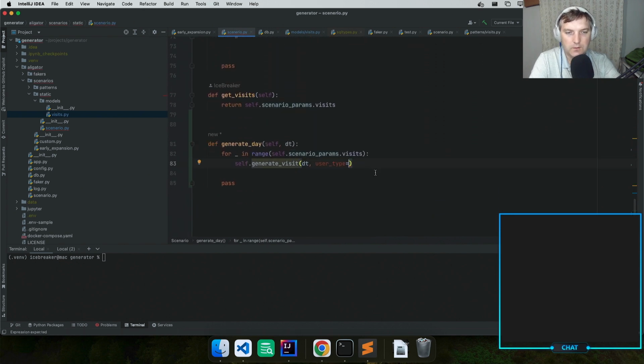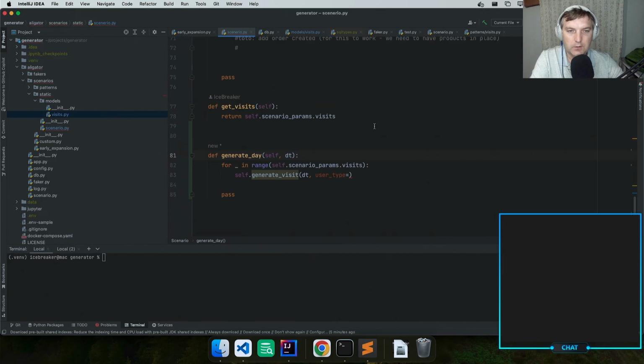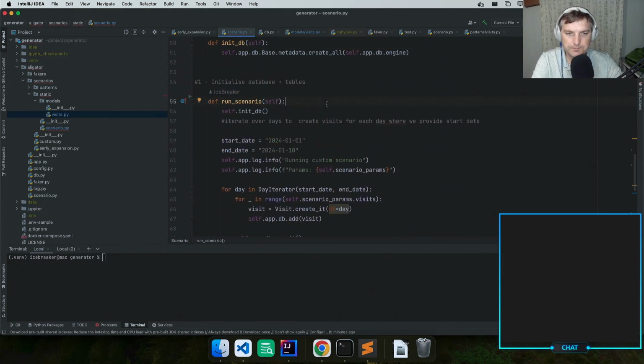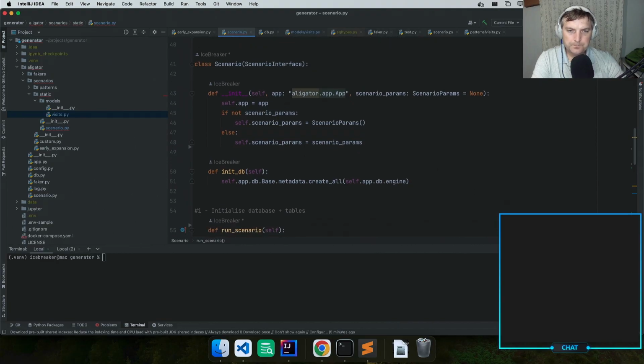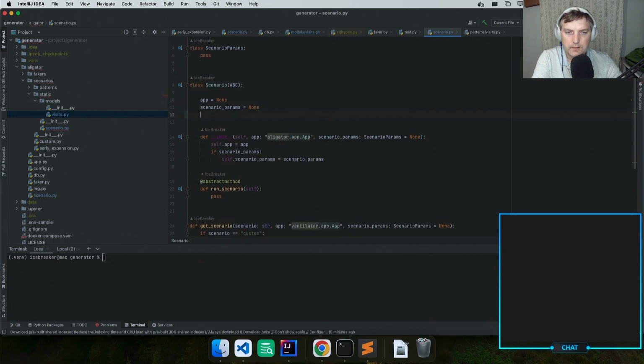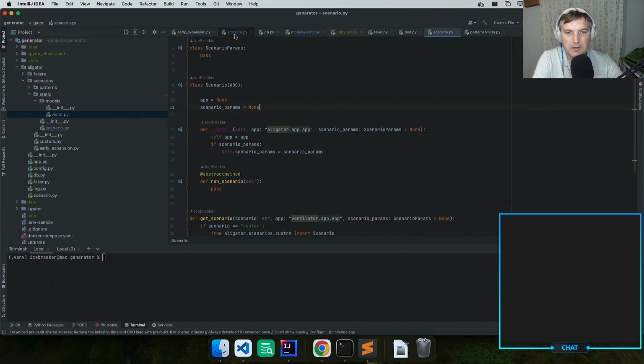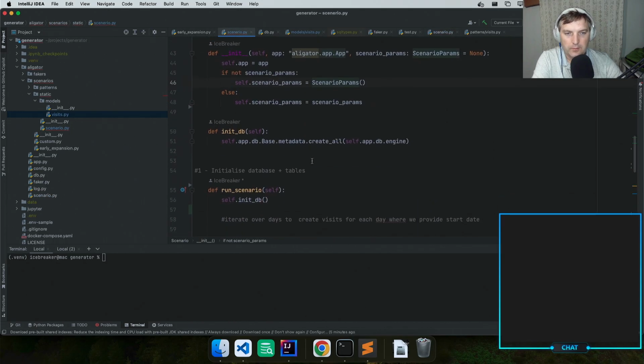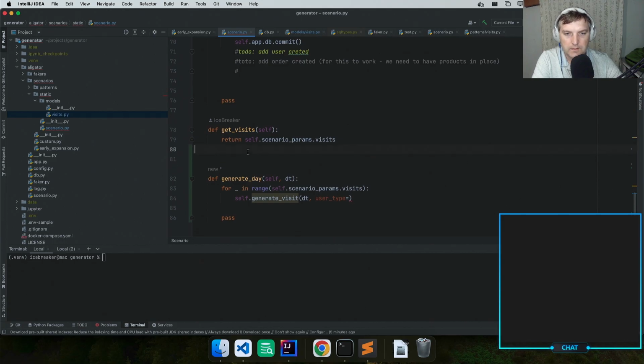So what we want to do is pass user type, and then start using a bunch of random operations. One good thing for us is to be able to have seeds, so the random would be reproducible, and I think that is very important. So I think seed should be part of the scenario, right? So this should be coming from run scenario. The first thing we need inside the scenario is seed, right? There is this scenario params, and maybe this is enough, because with scenario params we could get visits, so we could get